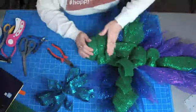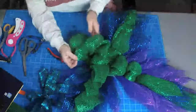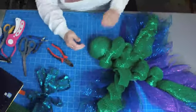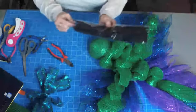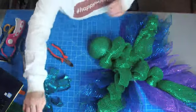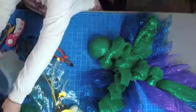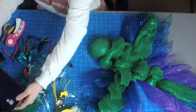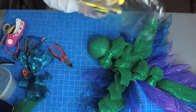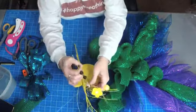Okay, that looks pretty cool, if I don't say so myself. What do you guys think? I don't know, do they have antennae? Because I do have these really cool pipe cleaners. Oh, I know what I was going to use. That's right. I have these. Oh, knocked everything over. Oh, here we go. I have these picks, and I eyeballed these black ball things,